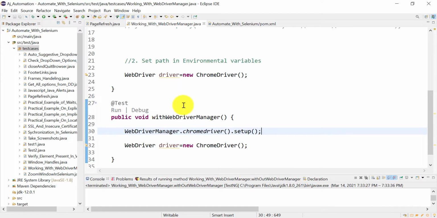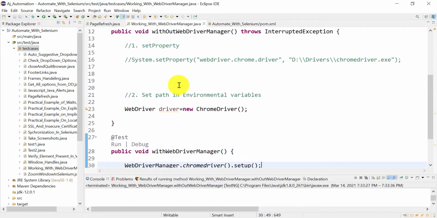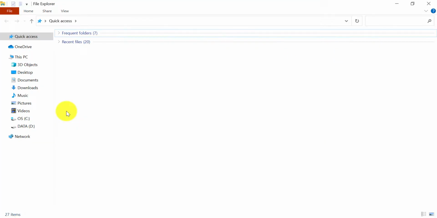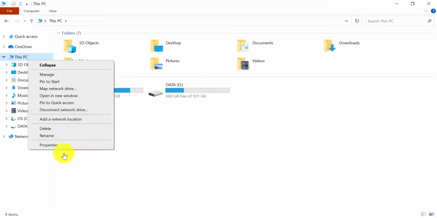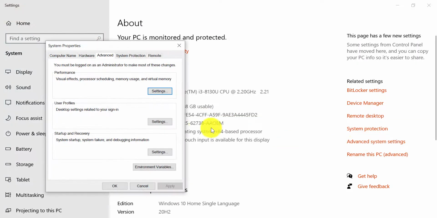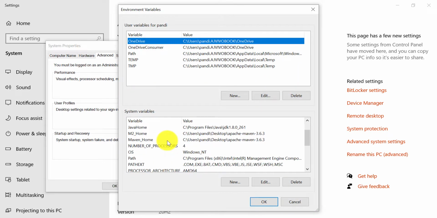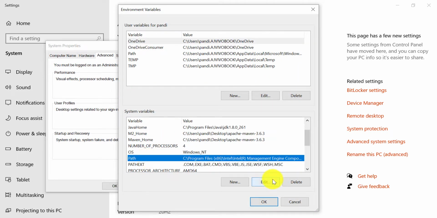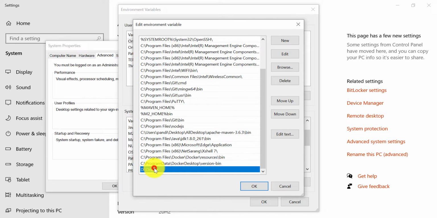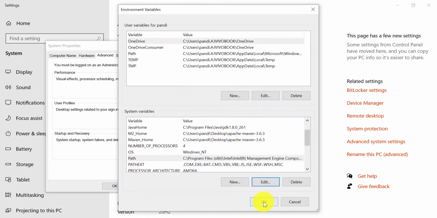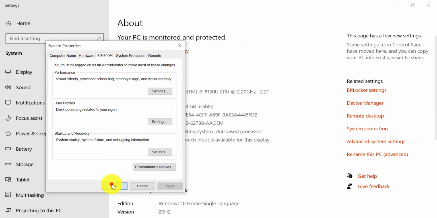Let's first remove the environmental path so that we can verify whether it is working or not. Here we have set the path, and here the environmental variables. Let me delete it, click OK, and OK.